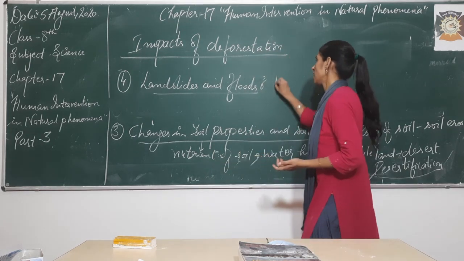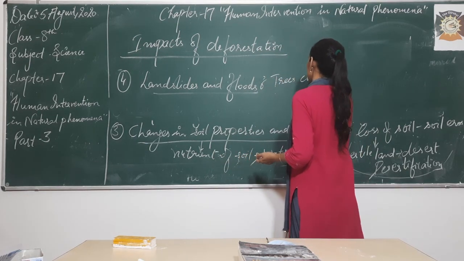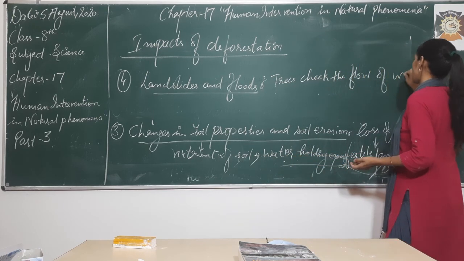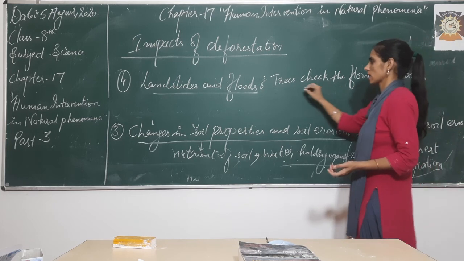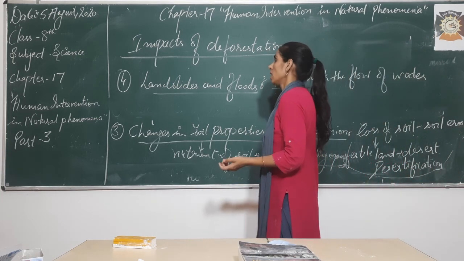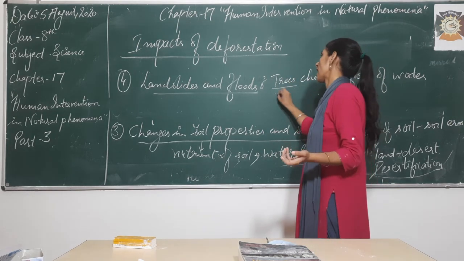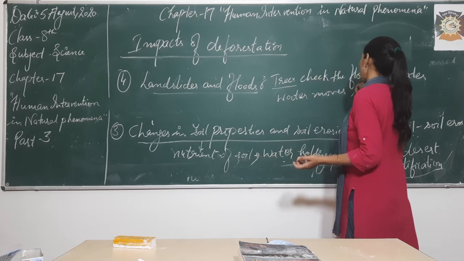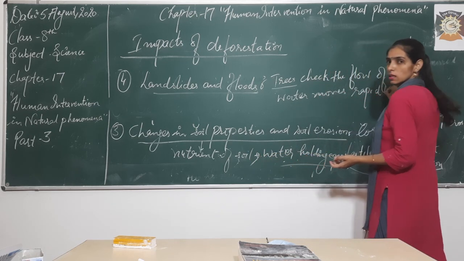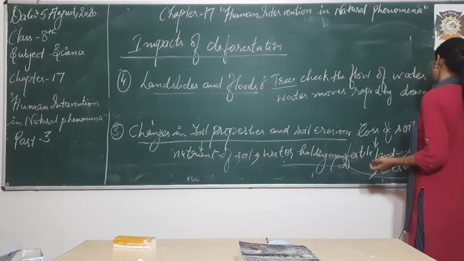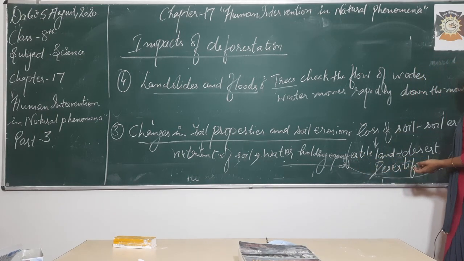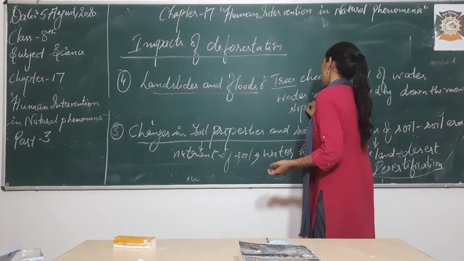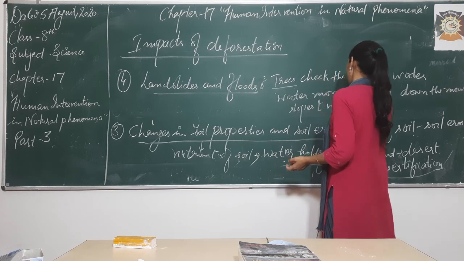So what we can say, trees check the flow of water, right? But if no trees are there, no roots are there, there will be no check on the flow of water, and water moves rapidly down the mountain slopes, and will fill the water bodies,